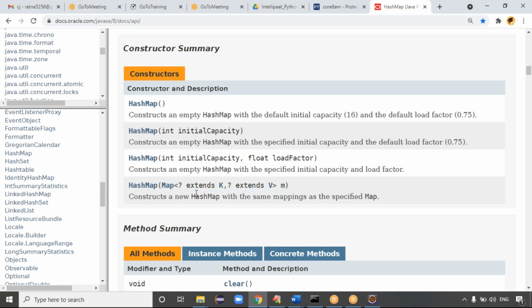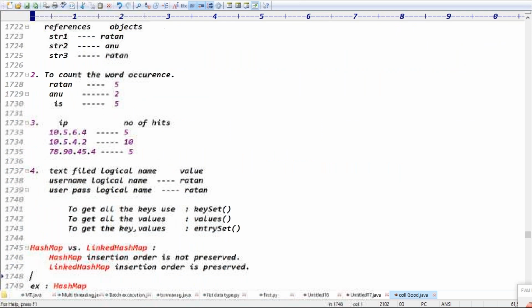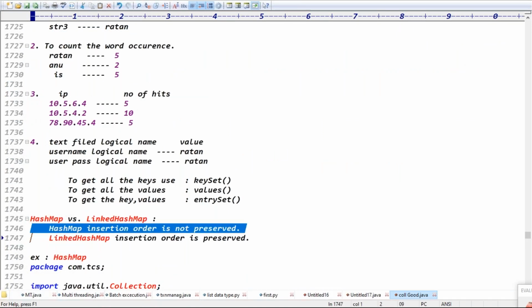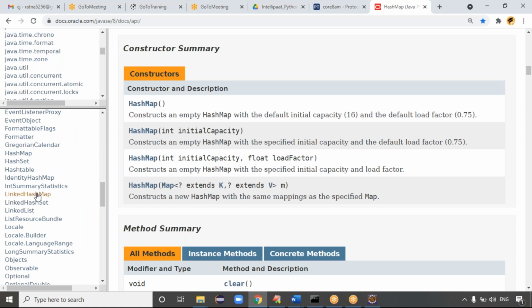It means nothing but adding one collection into another collection. Previously the collection data was there, but now map data is there. Now here it is map data, right? Because we are adding one map's data into another map, right? Exactly. So the main difference between the hash map and linked hash map is that in hash map insertion order is not preserved. There is no order, it's not an ordered map, but linked hash map is an ordered map, right? Linked hash map is an ordered map.